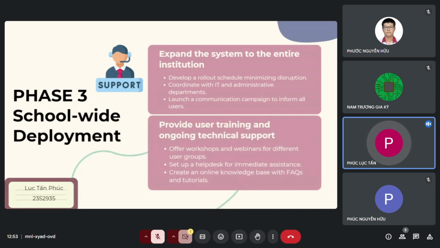Once the pilot phase is successfully completed, we will move to phase three, school-wide deployment. In this phase, EduSpace will span across the entire institution. A carefully developed rollout schedule will minimize disruption to daily operations, and the process will be coordinated closely with IT and administrative departments. To ensure all users are informed and prepared, we will launch a communication campaign alongside tailored training